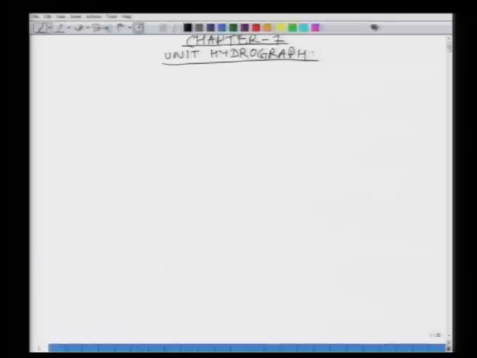What we will do in this chapter is we will look at a lot of things. We will look at the definition of the unit hydrograph, and the definition of various response functions which are needed to understand this. Then we will look at how we can derive the unit hydrograph using the rainfall and flow data at a certain river in a catchment, and then how we can use optimization techniques to develop a unit hydrograph for the multiple storm case.